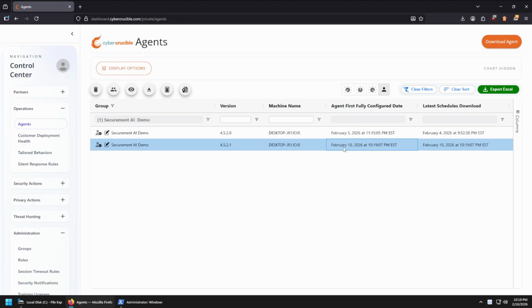And at this point, after the initial configuration and the licensing check and everything has checked out with the online servers, there is no required internet connection for protections to be in place by Cyber Crucible. That is very intentional for both speed and persistence, where Cyber Crucible can continue to function even in a bad environment where network connectivity may be compromised during an attack, either by an attacker or by a compromised machine or